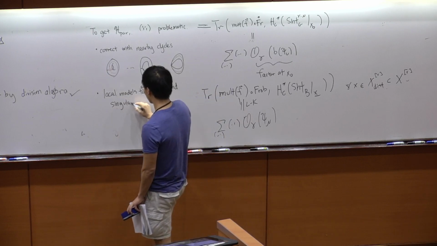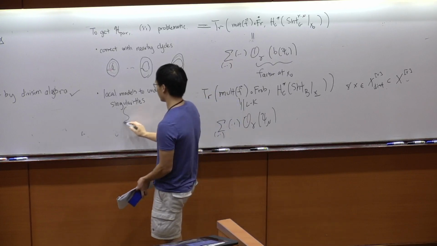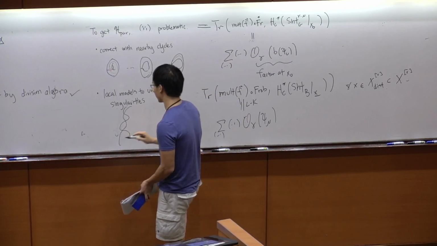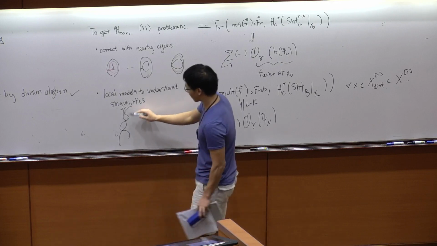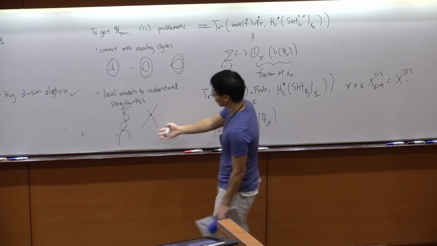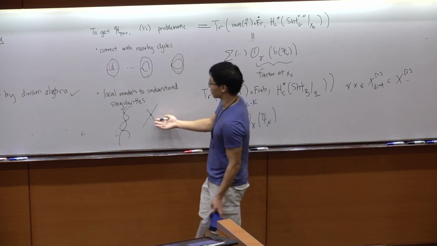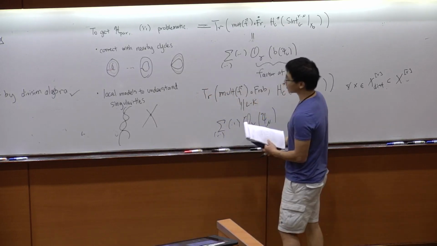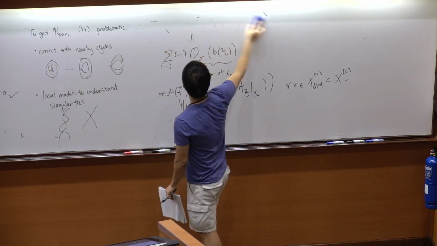Because these shtukas, they're objects of arithmetic nature, and so they're quite complicated. Maybe they look like, a simple case would be like this. And what you want to say is a local model for the singularity happening here is just a node. That's something simpler, and you're not really counting how many nodes. You just need to know the nature of the singularity. But still, the nature of the singularities could be arbitrarily complicated in general.